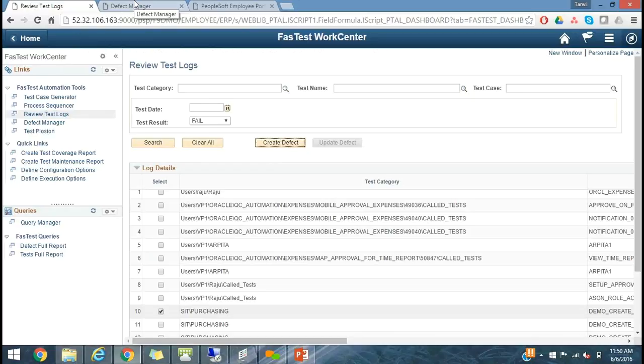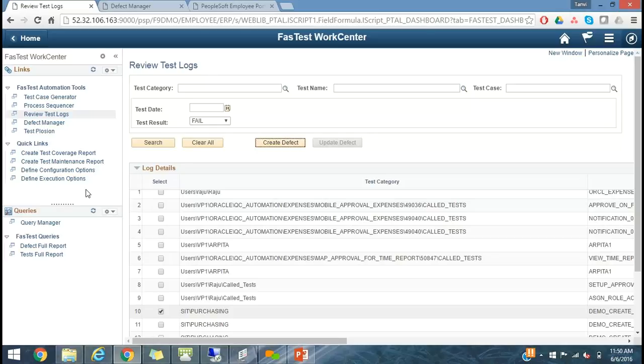Coming back to the dashboard, there are several reports that we have incorporated based on all the experience we have in terms of several implementations. On an everyday scenario, you can add several such queries that you may need over and above the reports that you're seeing on the dashboard.